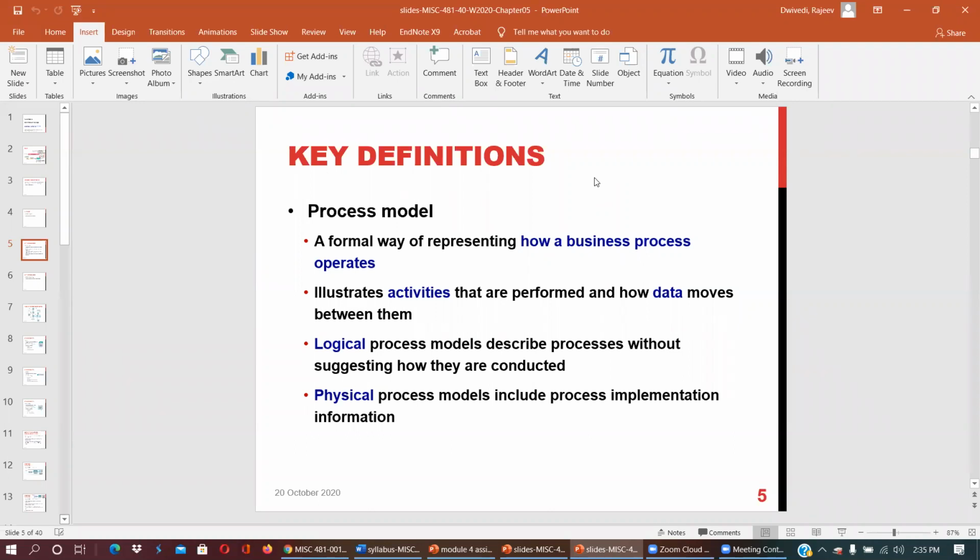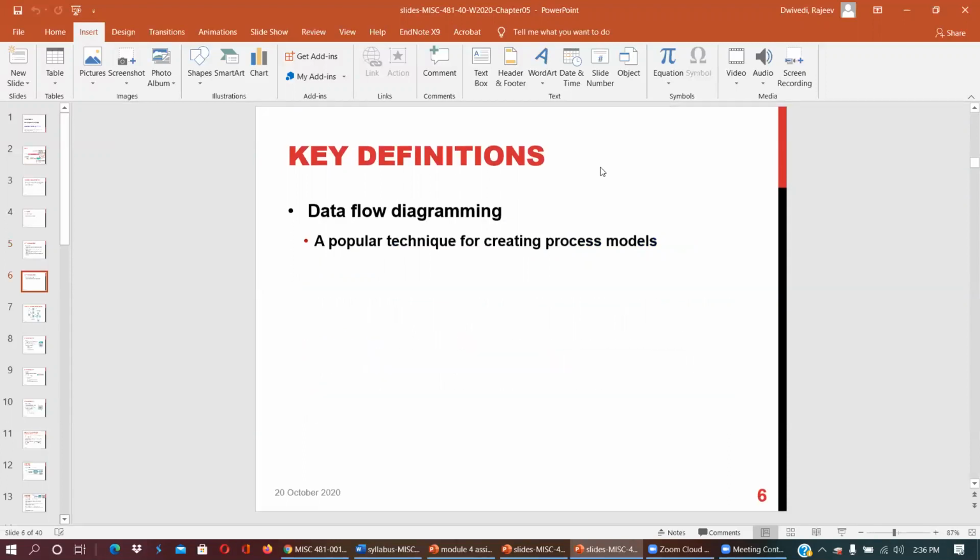And physical process models include process implementation information. So what we are going to learn is how a business process operates and how data flows from process to process. This is a technique for creating a process model called a data flow diagram.